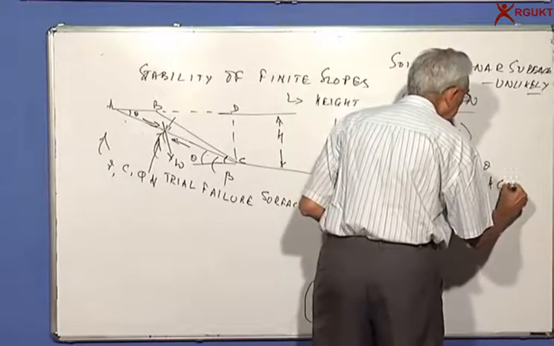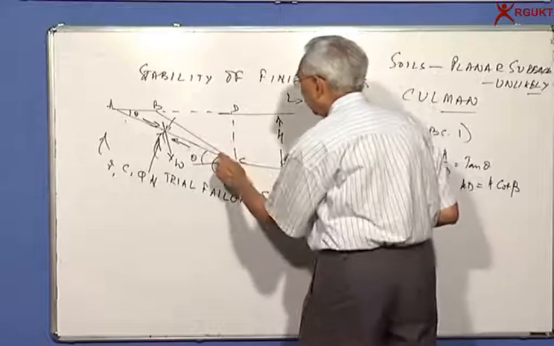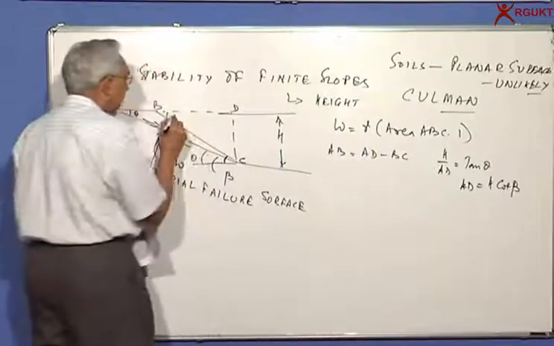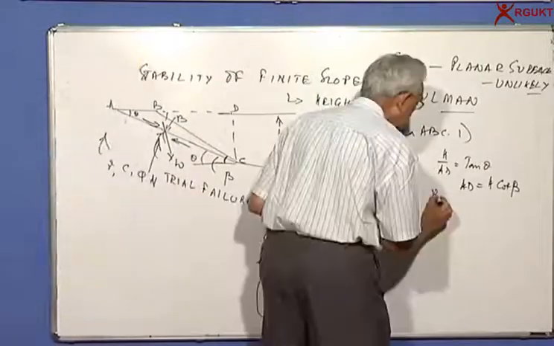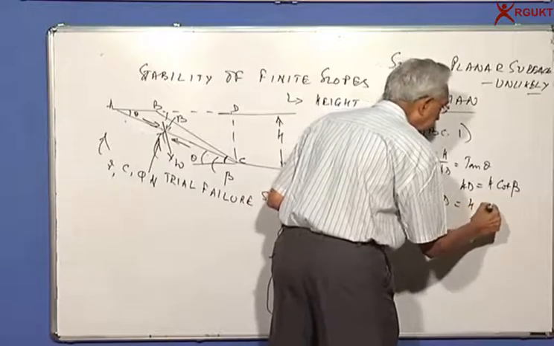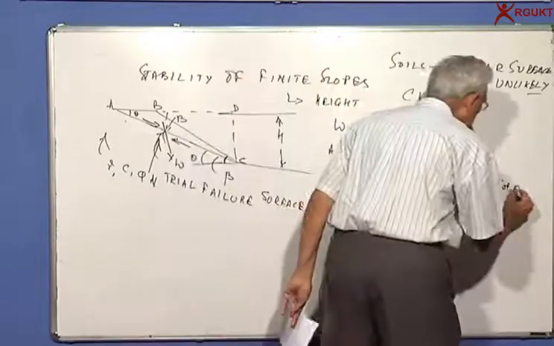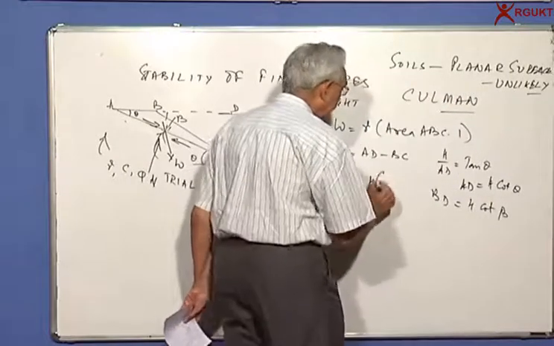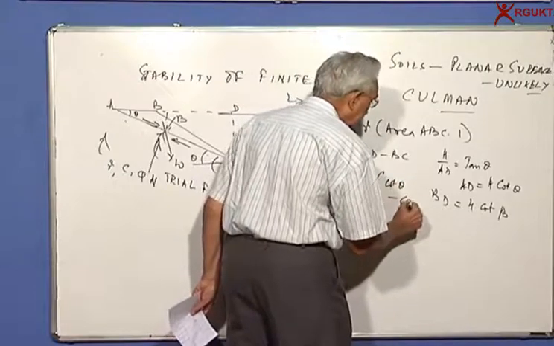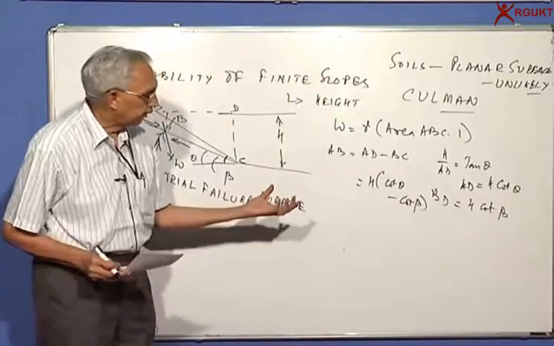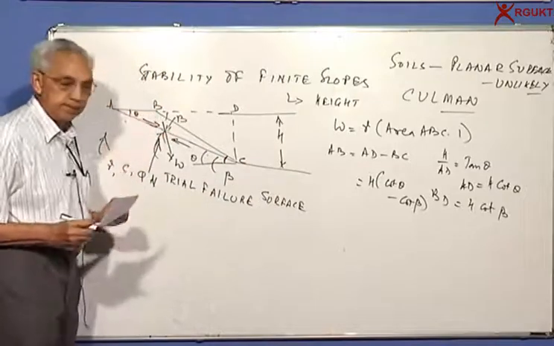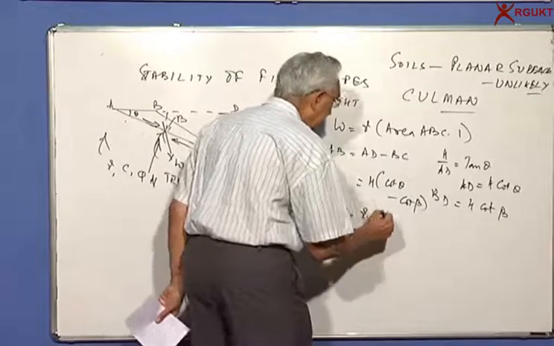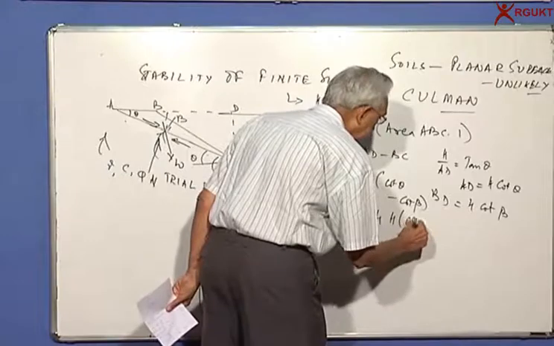h cot theta. Whereas BD, this angle is beta. Please remember, this angle is beta. So BD will be equal to h cot beta, and AD is h cot theta. So AB will be equal to h times cot theta minus cot beta. So now we know the distance AB and we know the height h. So the area, and hence W, is equal to gamma h into